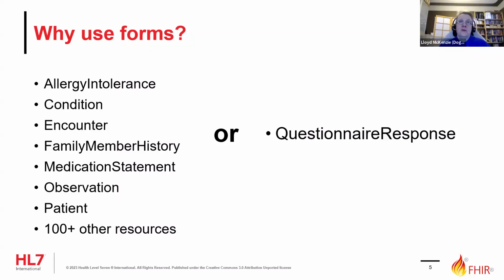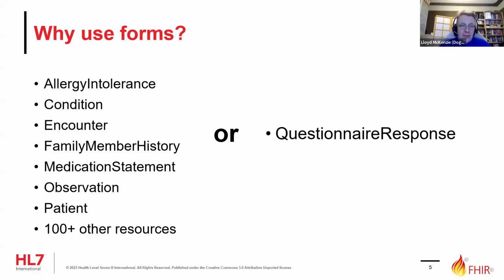And there's also the QuestionnaireResponse resource, which you can use to ask questions about your allergies and your healthcare conditions, and when you last saw your GP, and how tall you are, and pretty much anything you can imagine. In fact, absolutely anything you can imagine, you can ask with a QuestionnaireResponse. And that's a whole lot easier for a lot of systems to wrap their heads around. It's a lot less work, and you can have a